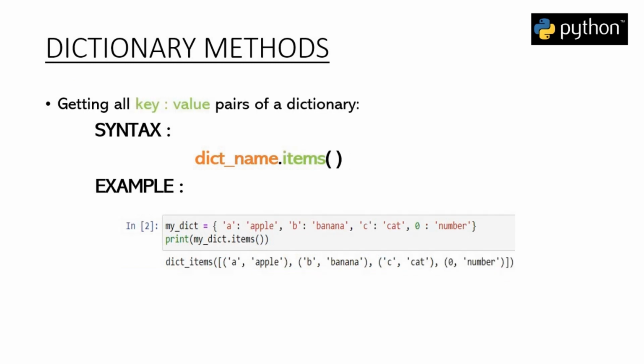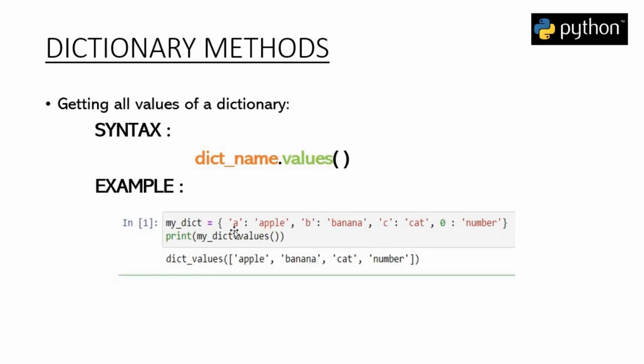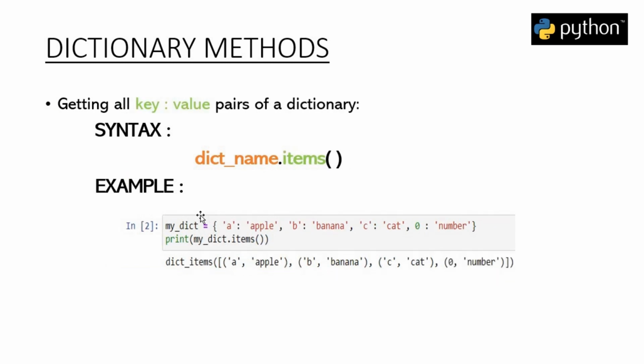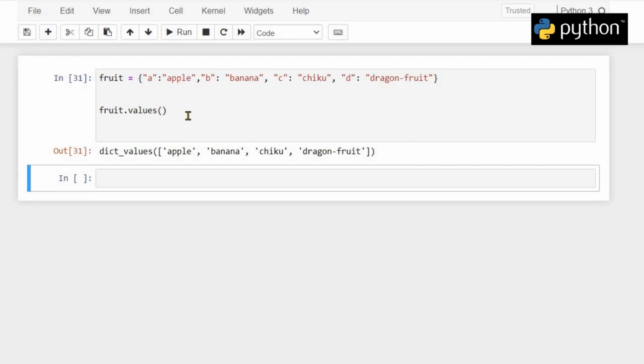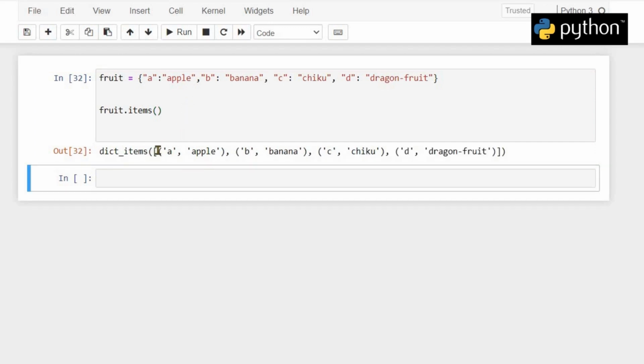Another method we are going to talk about is the items method. The keys method helped us to retrieve all the keys available in the dictionary. The values method helped us to retrieve all the values of our dictionary. The items method helps us to retrieve all the key value pairs, that is both parts of our dictionary element at the same time. For example, if we want to get a list of all the elements present in our dictionary, we will write fruit dot items followed by open and close parentheses. Now if I run this again, we get a list of all the key value pairs in our dictionary.